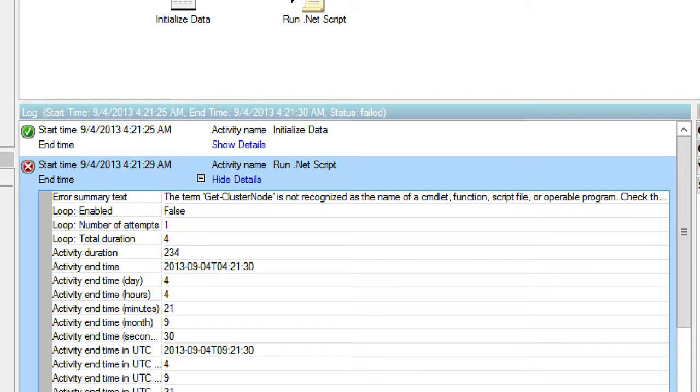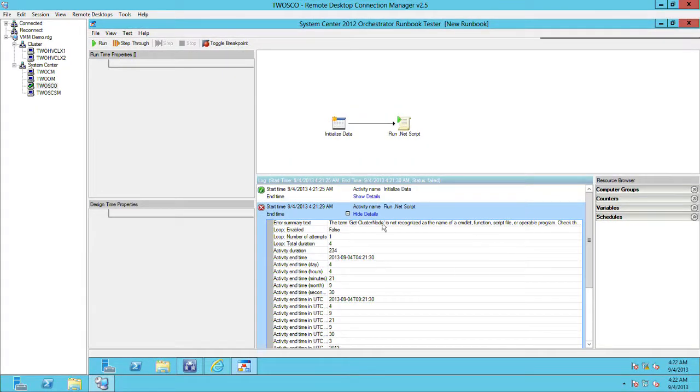So if you're running PowerShell in the Run .NET Script activity and you run into this, red flag, you've got a non-supported cmdlet. You're going to need to use some of the workarounds that can be found in the blog that we talked about. All right, so that said, let's jump back into